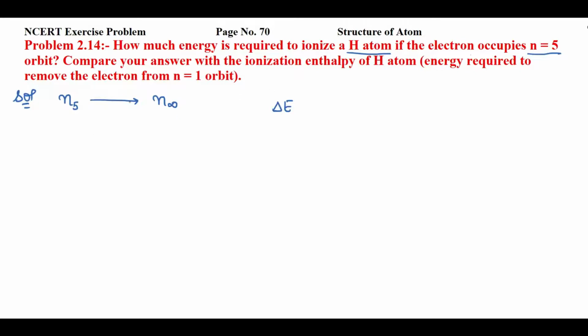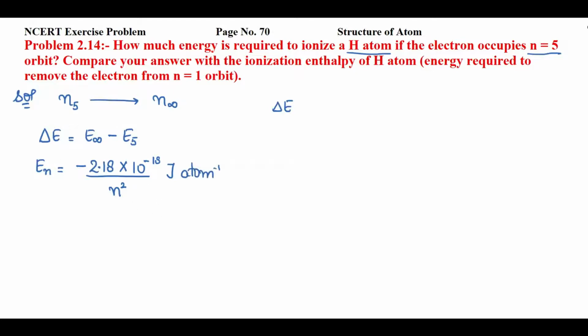Okay, so in this question, we have to find the ionization enthalpy. That means delta E. Okay, so how we can find this value? Definitely energy of infinite orbit minus energy of 5th orbit. Now our main question is how we can find the energies, right? So to find the energy, we'll use the formula E subscript n, that means E subscript the value of orbit equal to minus 2.18 into 10 raised to power minus 18 by n square, unit joule atom inverse, right?